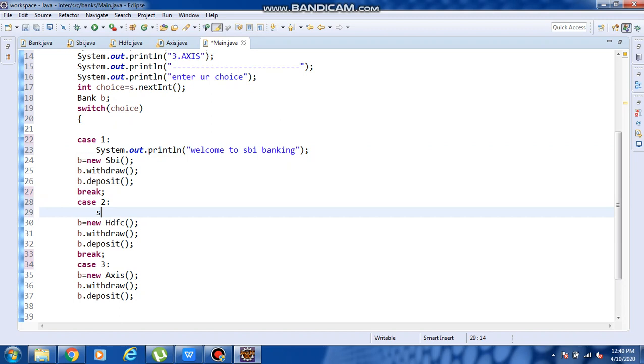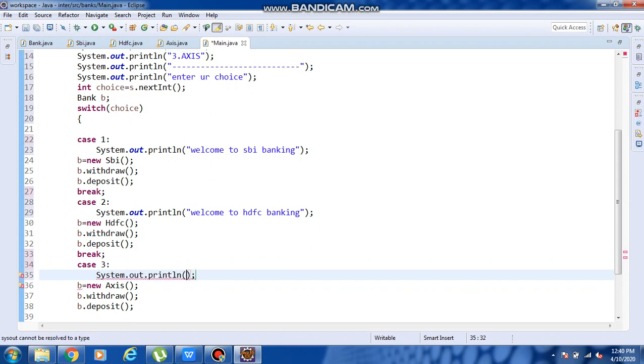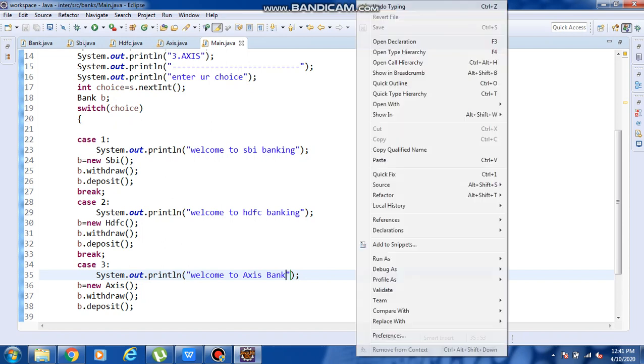Here System.out.println, welcome to HDFC Bank. Here I can give System.out.println, welcome to Axis. Okay.